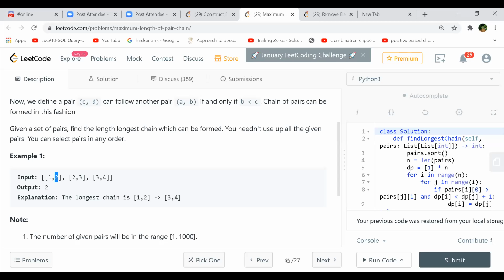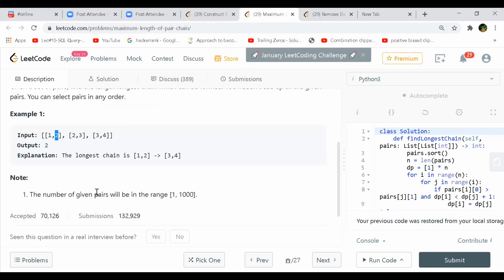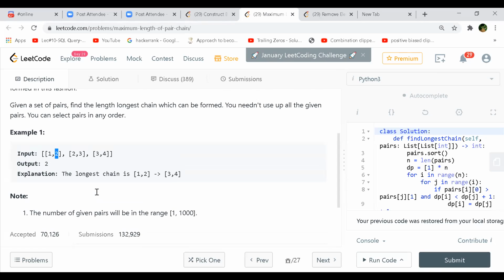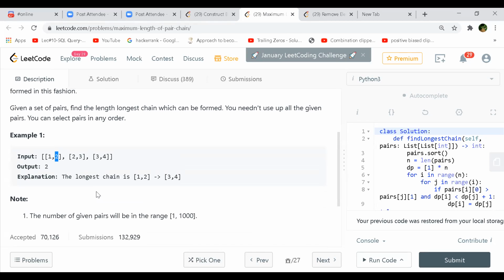Even, well, one thing when I was working on it, the last statement in this problem statement actually is a more important one. He says you can select pairs in any order. So it is a subsequence, the order remains the same, right? What if he says here, you can change the order the way you want. So the input array itself you can change.